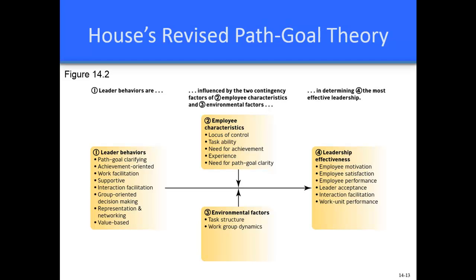If we look at the employee characteristics, there are 5 employee characteristics: the locus of control, which we've mentioned before, task ability, need for achievement, experience, and the need for path goal clarity. With the environmental factors, we see that 2 environmental factors are task structure, independent versus interdependent tasks, and the work group